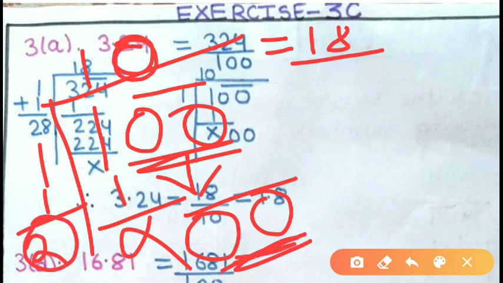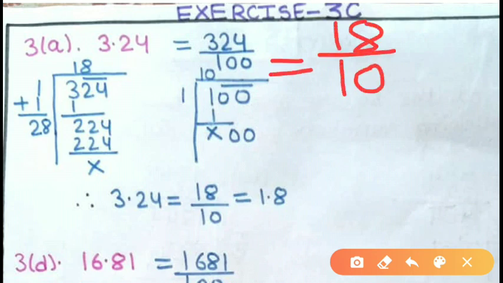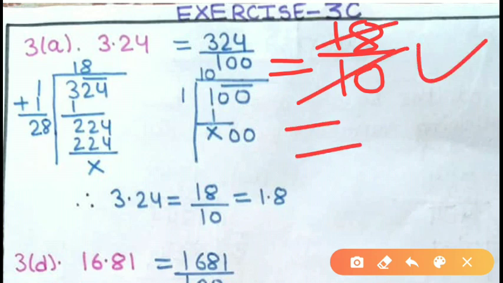So write here 0. Or you are well aware, you all know directly that the square of 10 is 100, or the square root of 100 is 10. So you can directly write 10 in the place of 100, and this is 18. So this can be your answer, or you can cancel it.